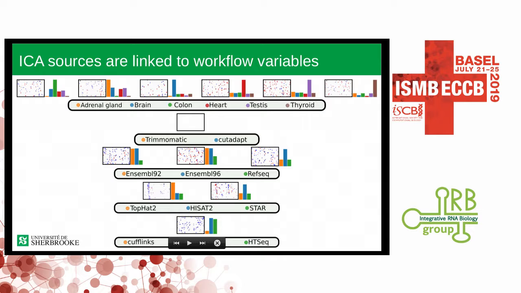So we can see that we have two different sources that each learn from different gene patterns how to differentiate between Ensembl and RefSeq. So that means that we have genes which are impacted by the annotation and that we can use these genes to infer which annotation has been used. And we also have this one which lets us differentiate between Ensembl 92 and RefSeq versus Ensembl 96.